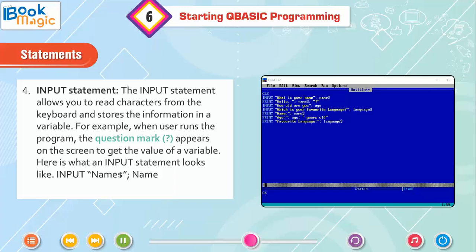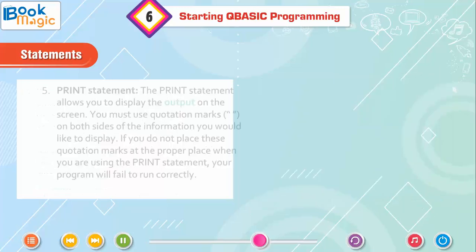For example, when the user runs the program, a question mark appears on the screen to get the value of a variable. Here is what an INPUT statement looks like: INPUT "name$"; name. Syntax: INPUT "message"; <variable>.